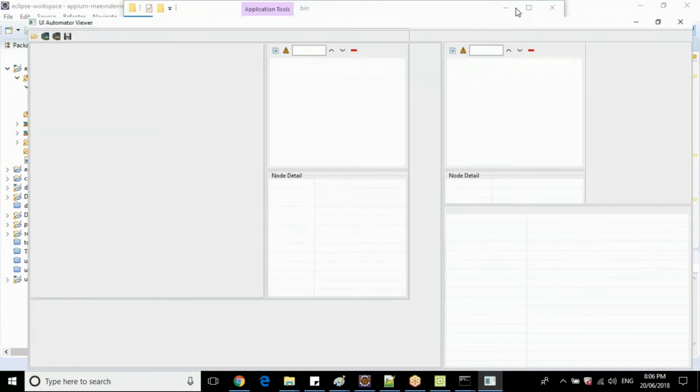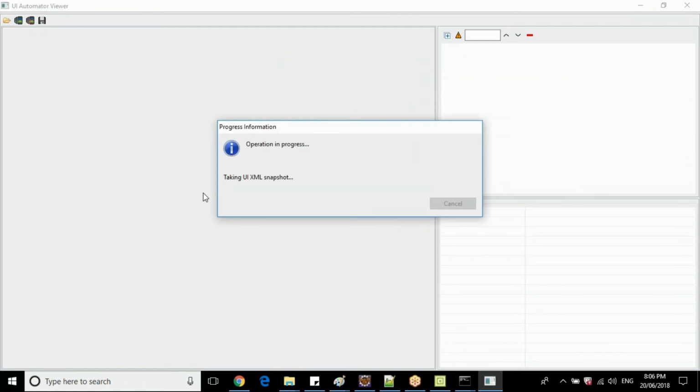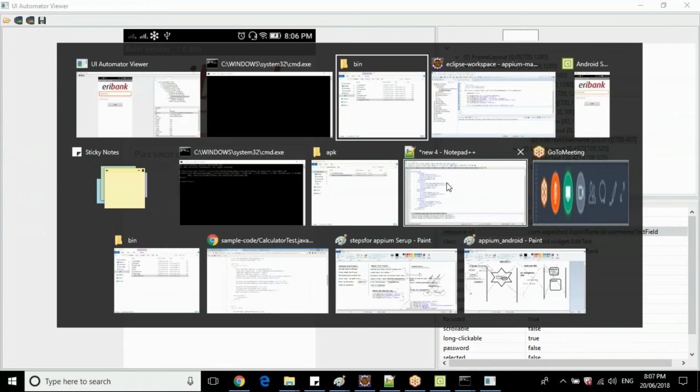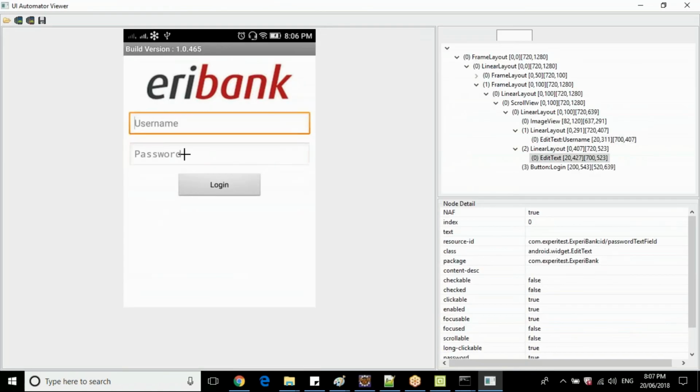Guys, let's record all the elements here: username, password, login button, everything at a time, because we should keep on switching between Appium and UI Automator. So this is the text, and you have the ID here. So this is the ID, and you have password.